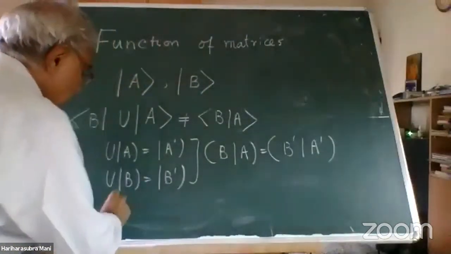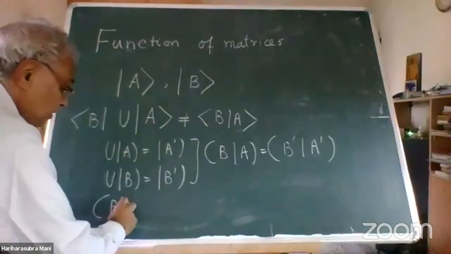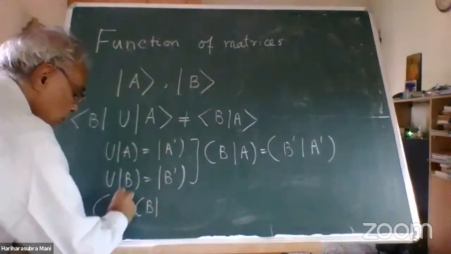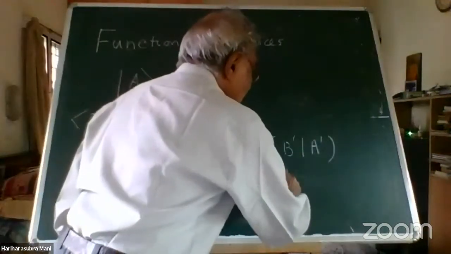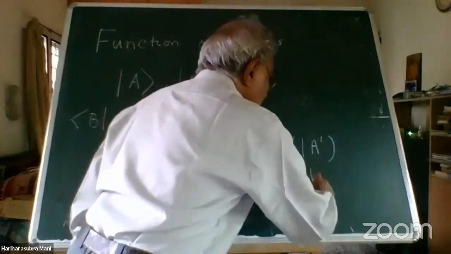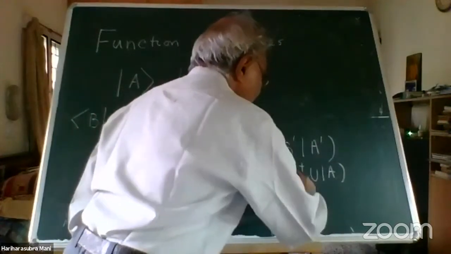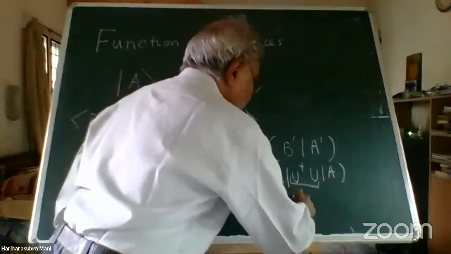That you can see, because B prime dagger is B dagger U dagger. So this becomes B dagger U dagger U A. And this is a unitary, as you said, so this is B